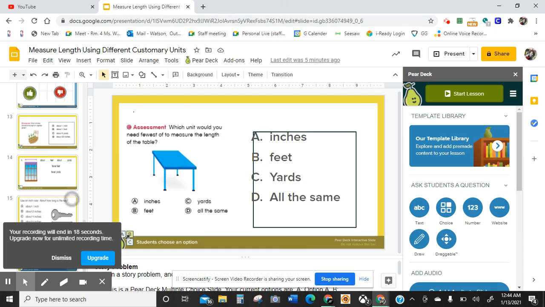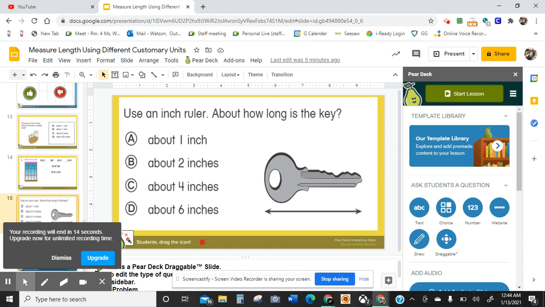And really quick before this video ends, as you can see, this one is the same, but I have a dot for this one. So instead of making this one multiple choice, students drag the dot icon. They'll just drag the dot to whatever choice